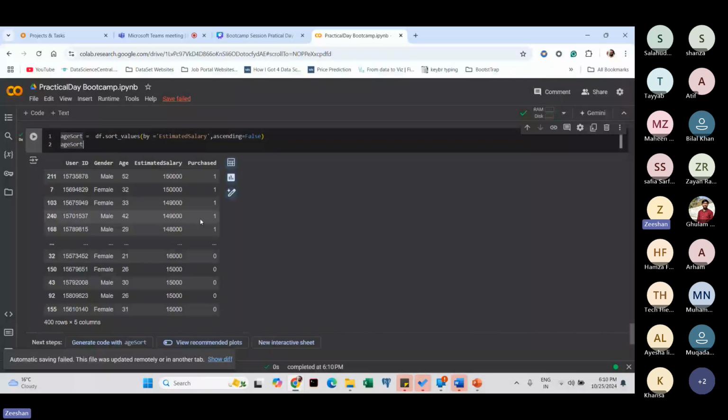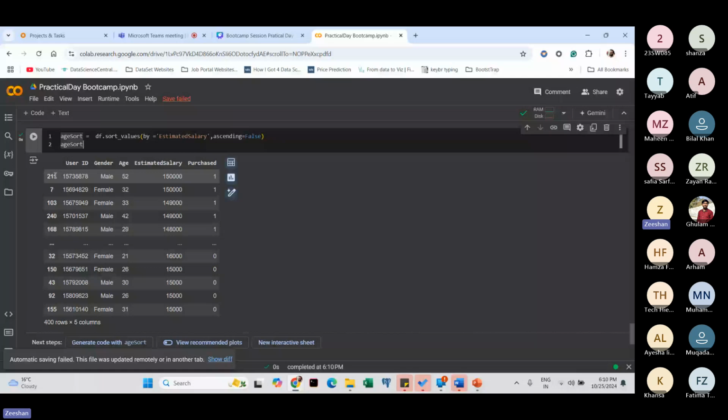तो अब आप देख सकते हैं कि यहाँ पर सबसे हाईएस्ट सैलरी जिसका है वो 1,50,000 है, उसका एज 52 है, मेल जेंडर है उसका मेल, उसका यूज़र आईडी ये है, उसने परचेज ये किया है, और उसका... मतलब जो क्या बोलेंगे इनसे, इंडेक्स नंबर इज टू काइंड ऑफ सीरियल नंबर, यू कैन से, नॉट इंडेक्स नंबर।